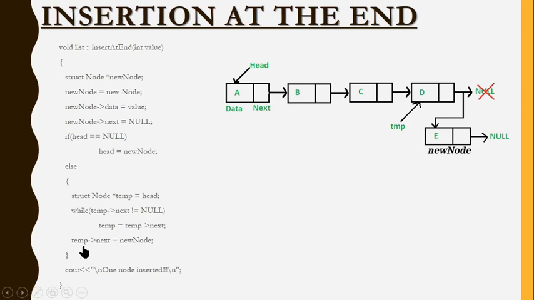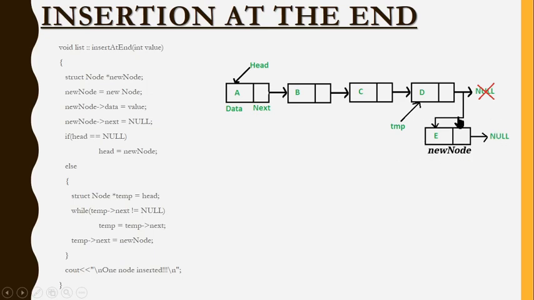So what I'm doing here is quite important. Once temp is placed here, I need to bring E's address over here. Okay. So which address do I need to bring? That should be at the right side. Where I need to place it should be at the left side. Remember this. Which one you're going to bring should be on the right side. Where you're going to place should be on the left side. So where am I going to place? Temp's next. So temp points to next equal to, so which address?